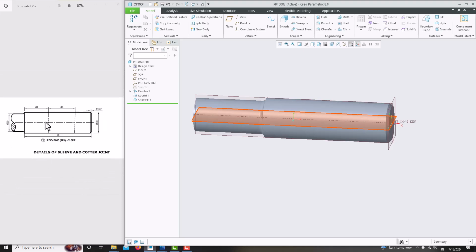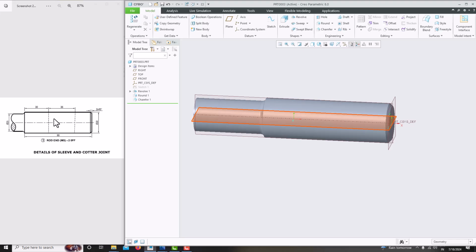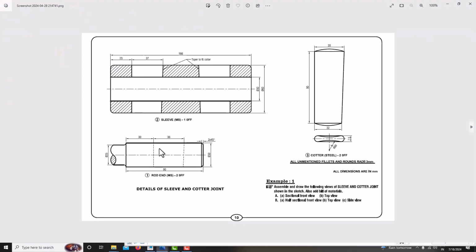Then we want to create a hole here. Seeing the full dimension, we need to create a cut here with a thickness of 7.5, which is 30 mm from here. So